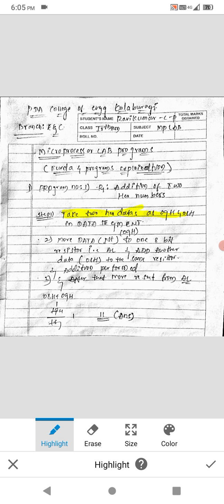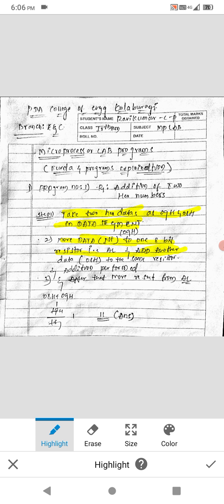First step is to take two hex data which you want to add. I am taking 09 hex and 08 hex. After taking the data in the data segment, move the first data to an 8-bit register, because we are using 8-bit data. Then we have to perform the addition operation.